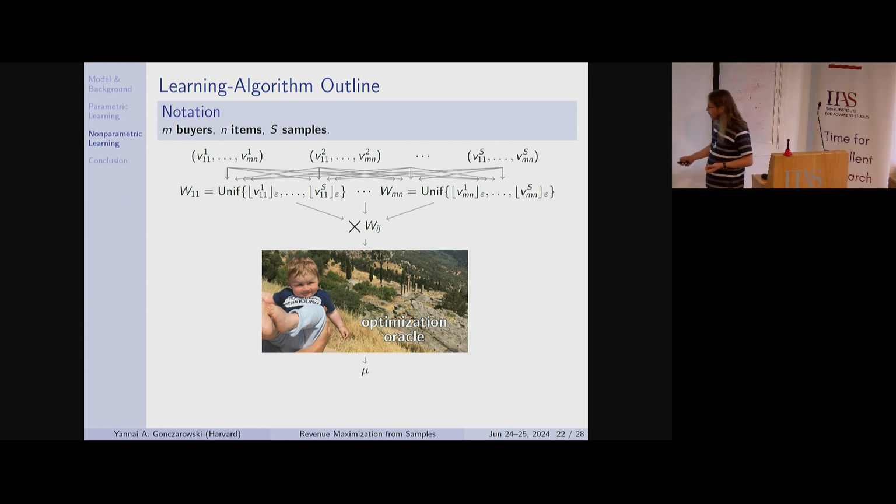So you feed this into the optimization oracle, and it gives you an auction mu. I have no idea what the structure of mu is. Mu is an auction that has been optimized to work well on bids that are multiples of epsilon. That's all the inputs it saw. So I'm going to massage it into my final output. The final output gets bids, rounds all of them down to the nearest multiple of epsilon, which is the loss in semi-compatibility, and then passes them to this auction. This is my learning algorithm.